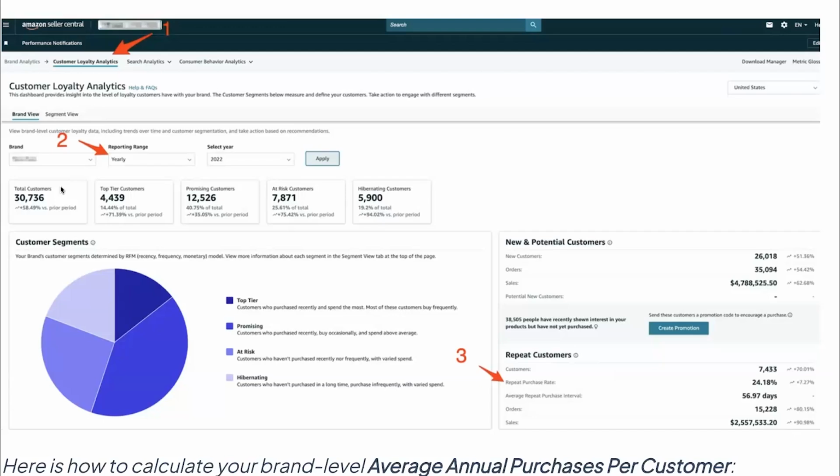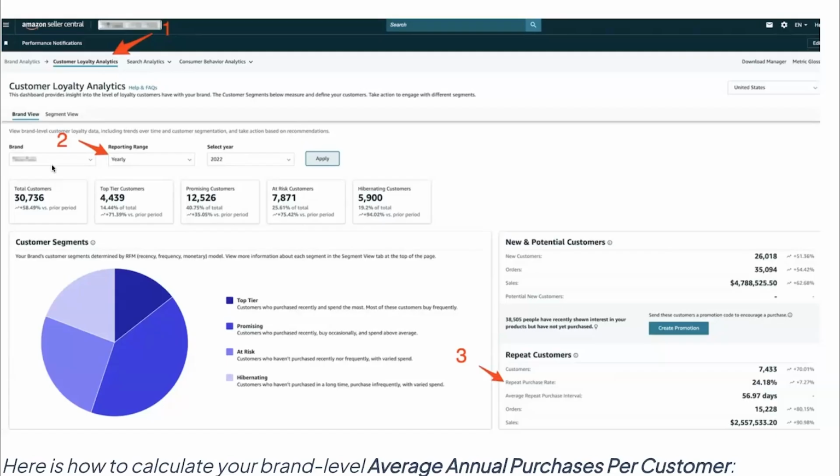Another thing to think about too is this is at a brand level. You can see here, if you have multiple brands, you can select the brand here. Some products in your catalog are going to be all about acquiring customers. Other products are going to be about nurturing customers, right? So while we're looking at this repeat purchase rate, it's at a brand level. I imagine as Amazon rolls this out further, we're going to start to see ASIN level repeat purchase rates. So you'll be able to get more granular, but this is a really good first step in the direction of giving you the data you need to make the right growth decisions. So keep that one in mind.